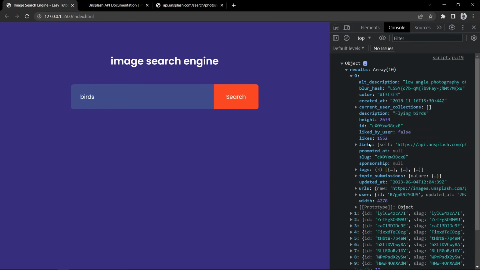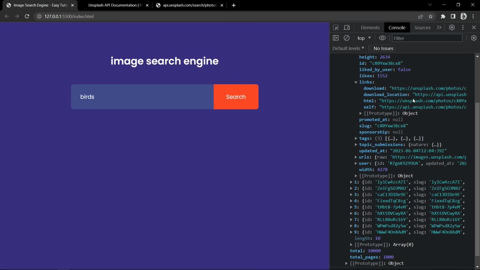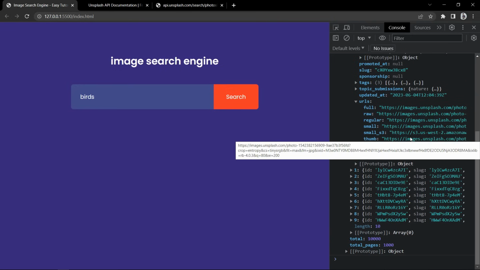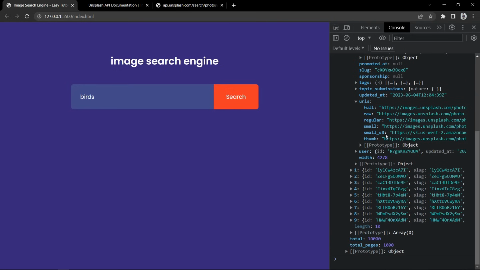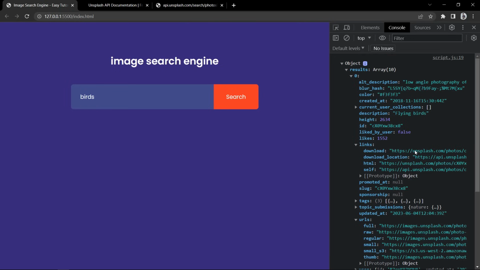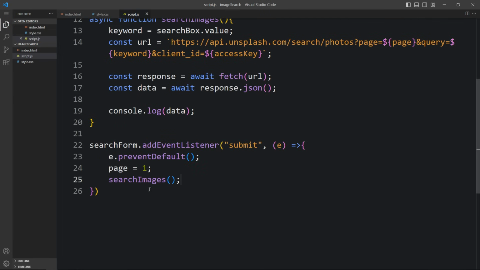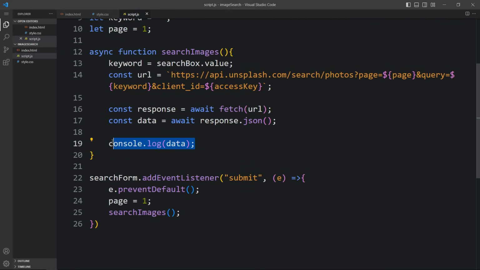Let's open, and in the first one you can see links. So these are the image links, and let's click on the URL. It is the Unsplash website URL for the particular image that we have to display on our website. So we got the result in our browser console, and we have to display the same thing in our web page. Let's close this console and come back to the code file and remove this console.log, and instead of this one we will add